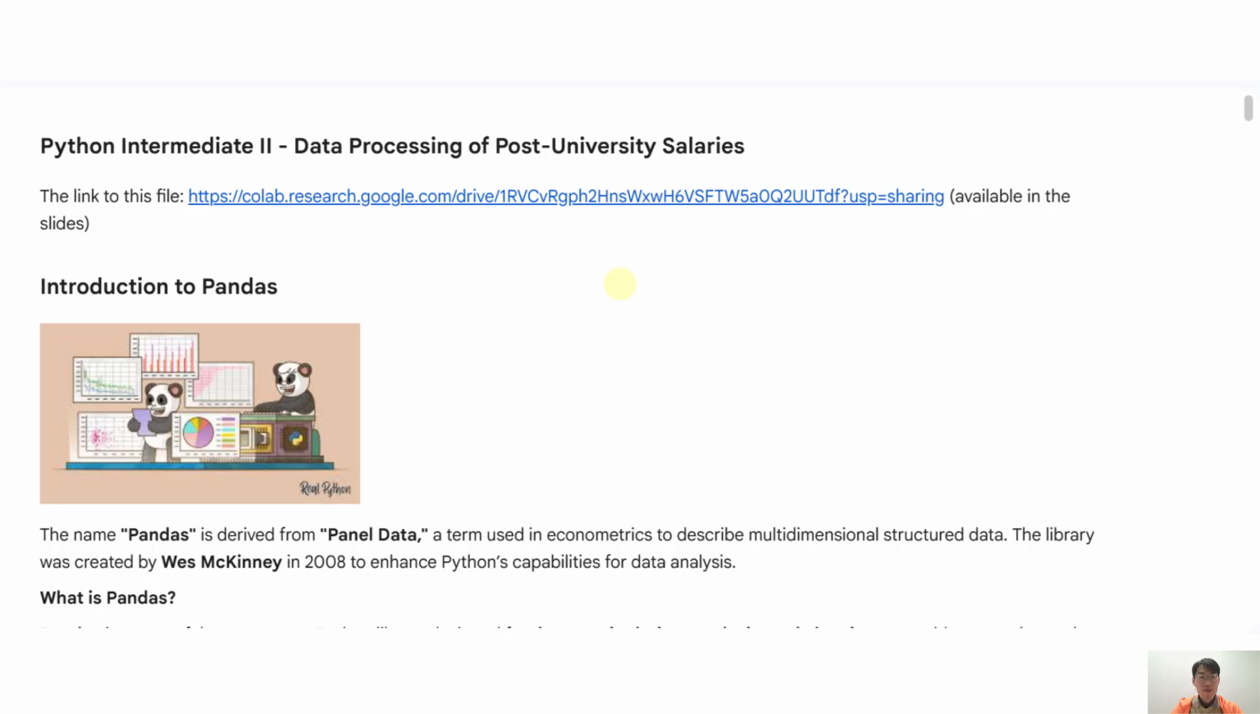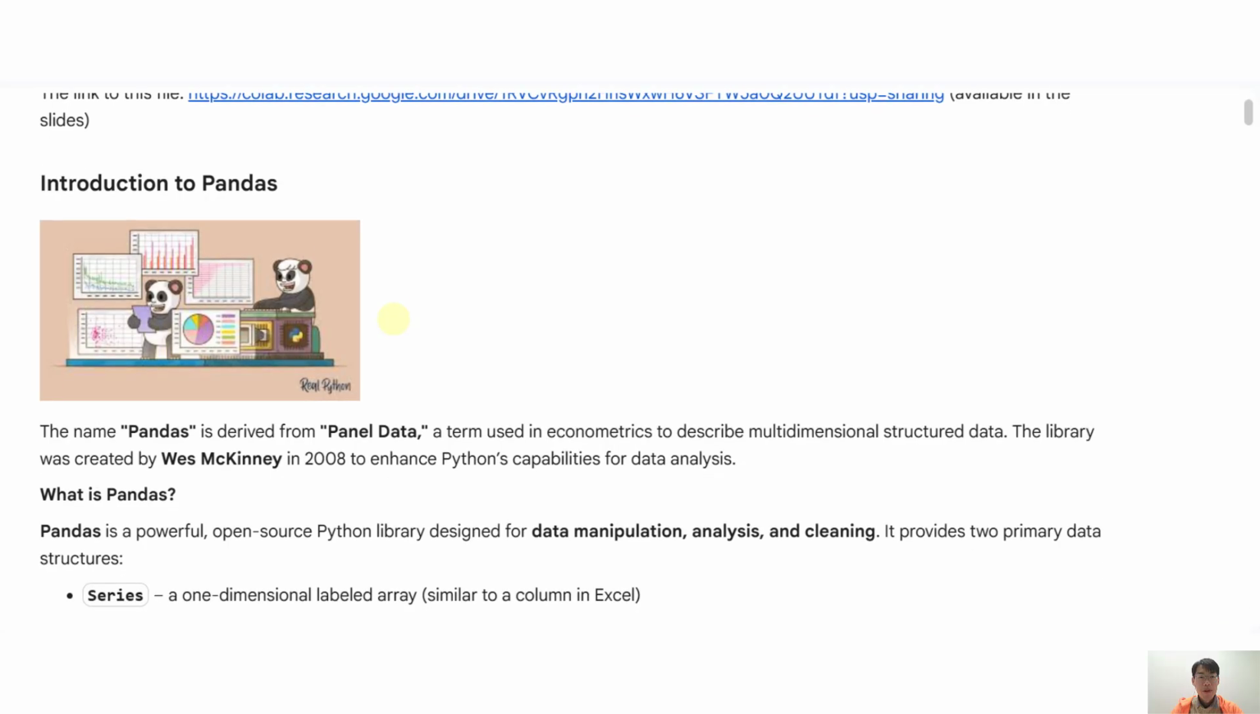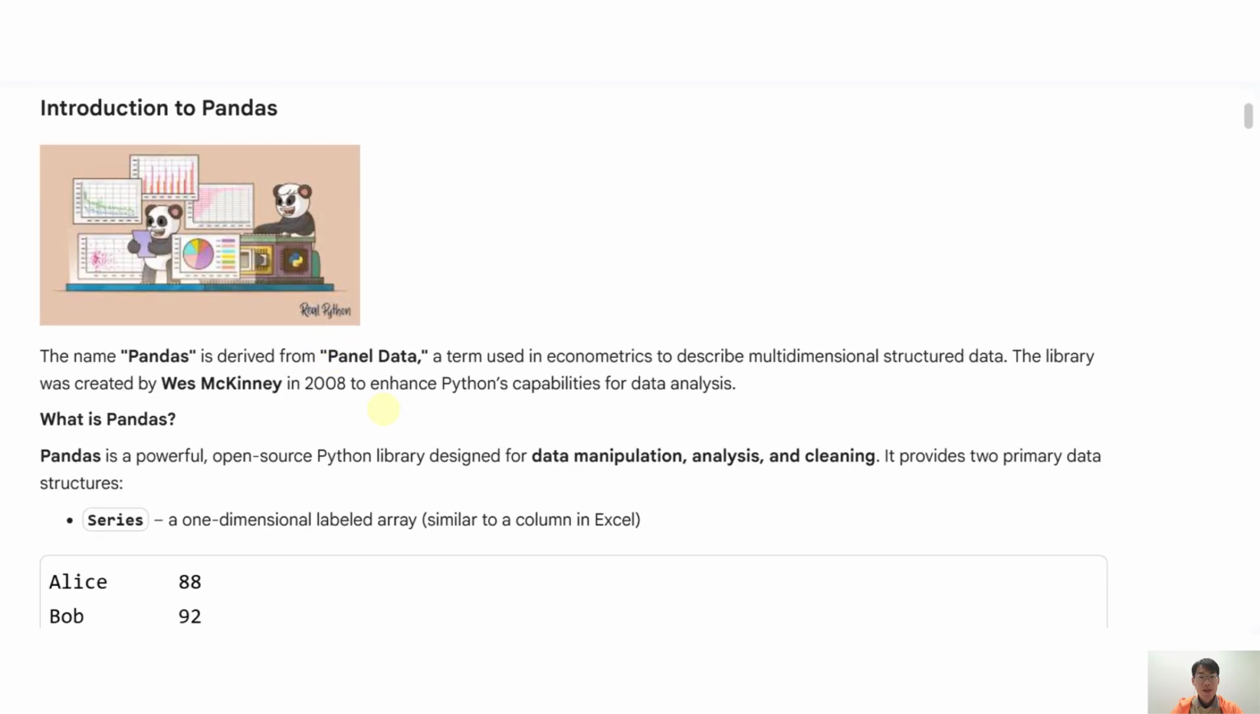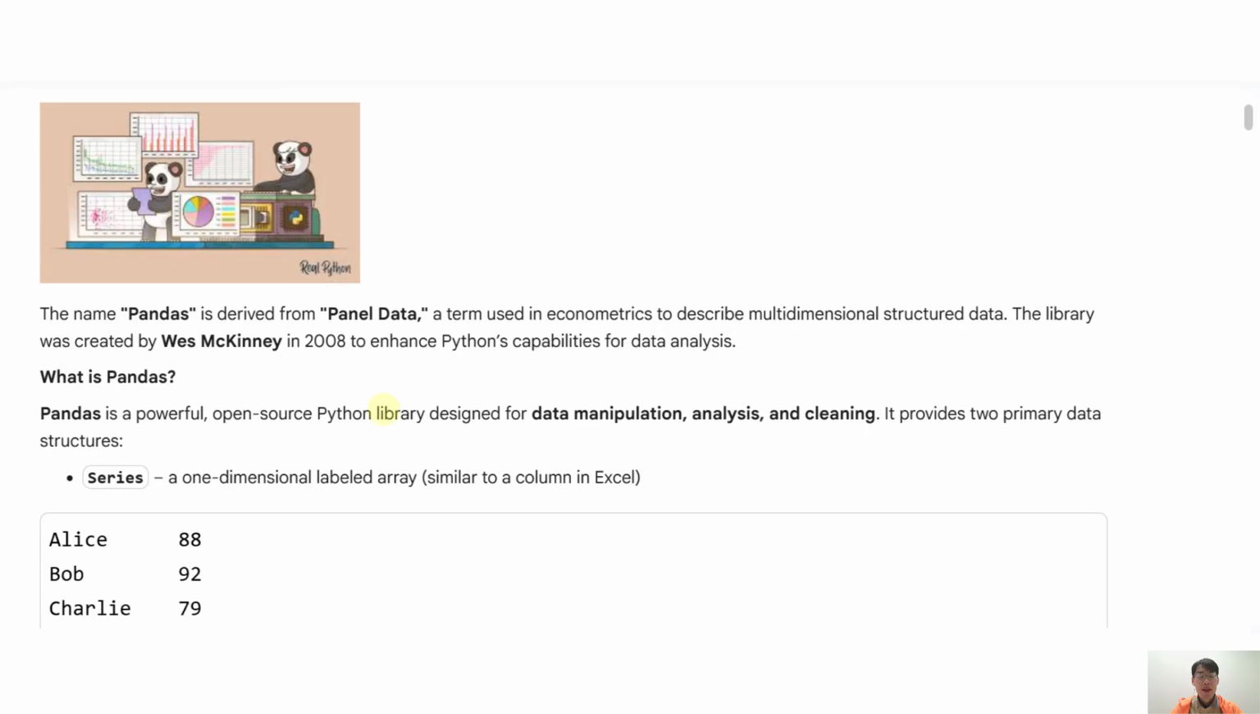Hello everyone. So today we would like to look into data processing of post-university salaries. We will use Pandas. Pandas is panel data, allows you to process data. I'm not sure whether you have experience in using Excel, but you can think of Pandas as the coding version